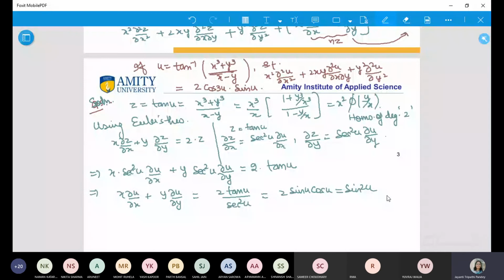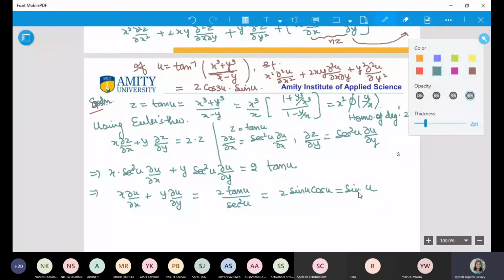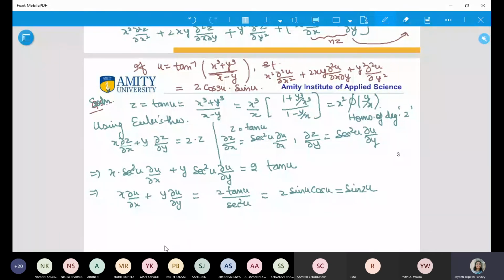Is this fine? This is sin 2u, okay? It's showing as if it is sin square. Just a minute. This is sin 2u. Now we are looking for the second derivative. So we will differentiate it one more time. If I mark this as 1, so differentiating 1 with respect to x and y, we obtain